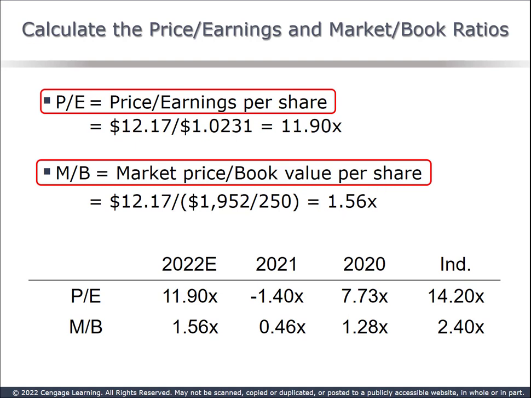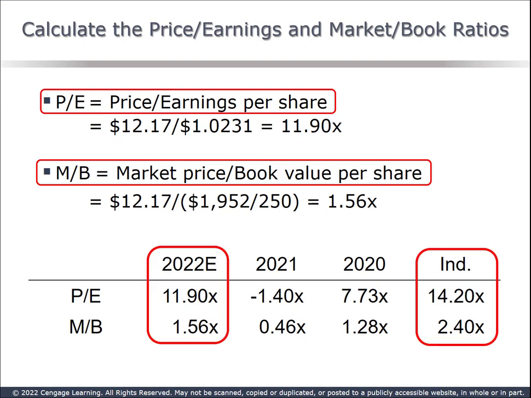A market to book ratio less than 1 implies investors could buy the firm for less than book value and sell the assets at book value for a profit. Several things are wrong with that assumption. Book value says nothing about liquidation value. It's an accounting number. If market to book is less than 1, it implies that investors do not think management is doing a good job using assets to generate sales and profits. DeLeon's market to book has rebounded, but it's still below industry average.